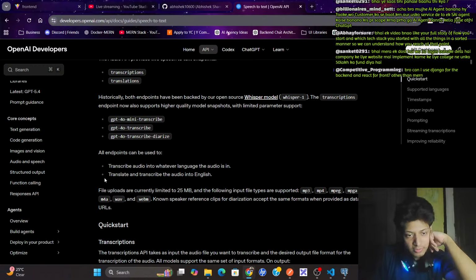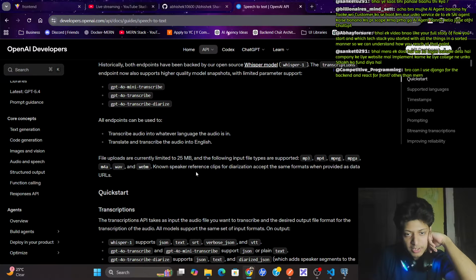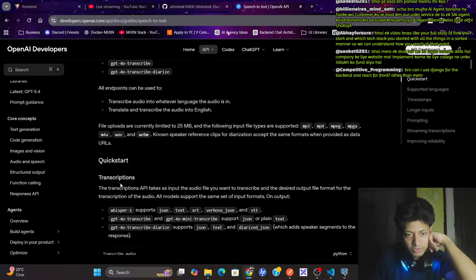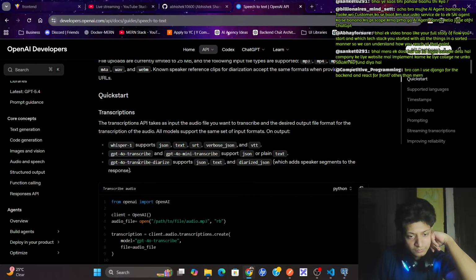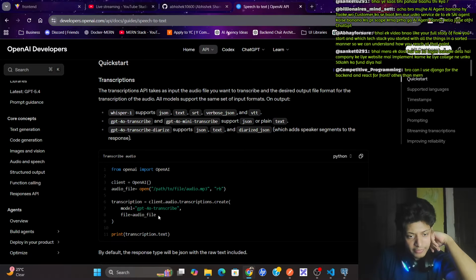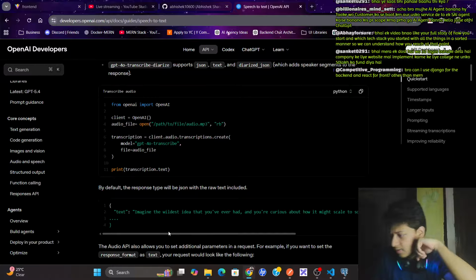File uploads are limited to 25 MB and the following input file types are supported: MP3. Whisper supports JSON, text, SRT. By default, the response type will be text. I need to get the audio file.